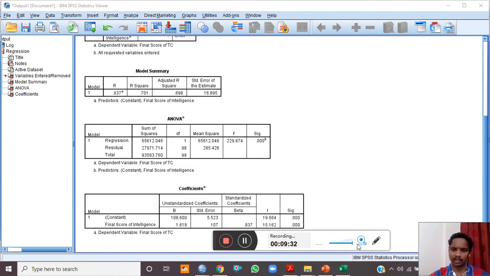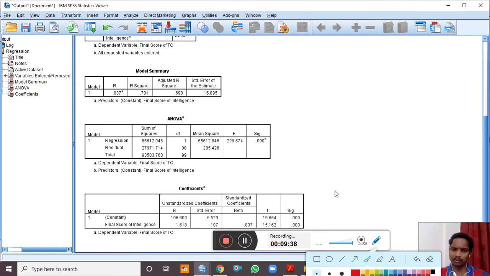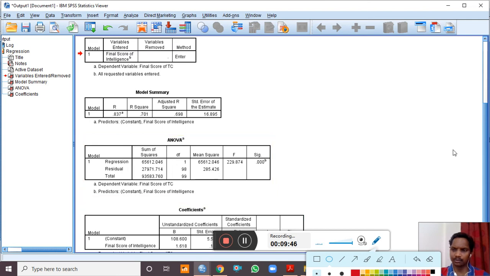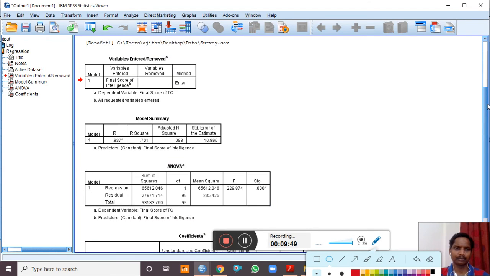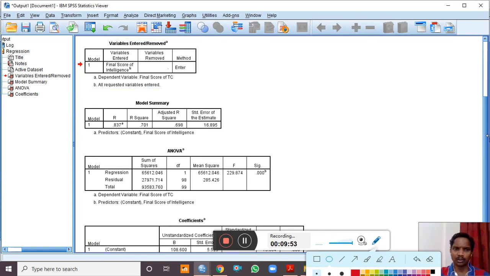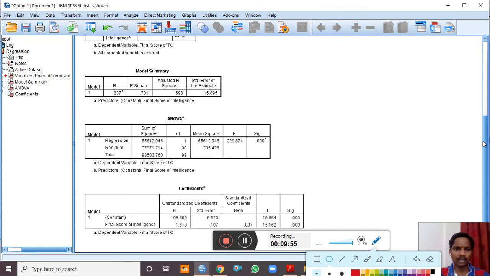The first one is model summary, then ANOVA, then coefficients. Okay. Now let us see what the result says.